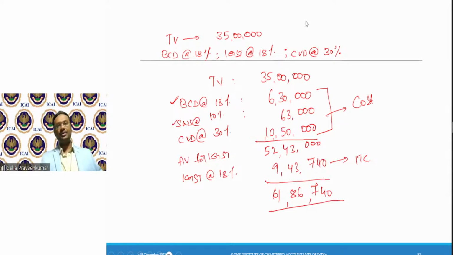Is countervailing duty on basic customs duty? No. Generally, countervailing duty is levied on the price which has reached India. Basic customs duty is the basic, and in addition to that there is a countervailing duty. Law says let there be a safeguard duty, let there be anti-dumping duty. Safeguard duty, anti-dumping duty, or countervailing duty is in addition to the basic customs duty. I charge basic customs duty, and I also charge this specific protective duty on the assessable value which has been brought into India. So it is not loaded on basic customs duty.